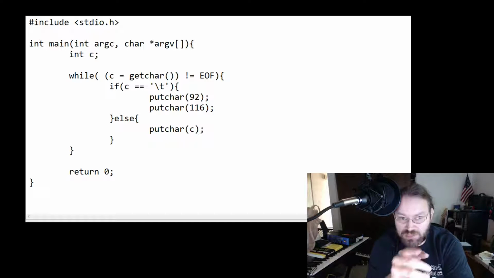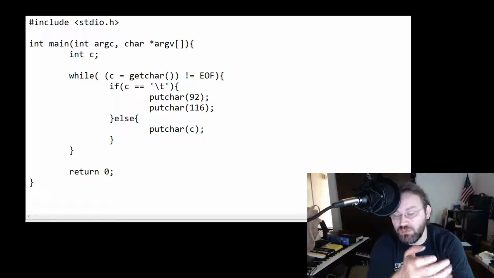So in this case, the 92 is that backslash that's in front of the T in the tab that you're looking at there. And the 116 is actually the T. So that's what gets printed. It's printing two characters in this case, the backslash and the T. And because of that, we don't need to worry about messing with any string replacement methods or functions to change things in memory. We just blindly translate this letter to those two values, output them to the console,